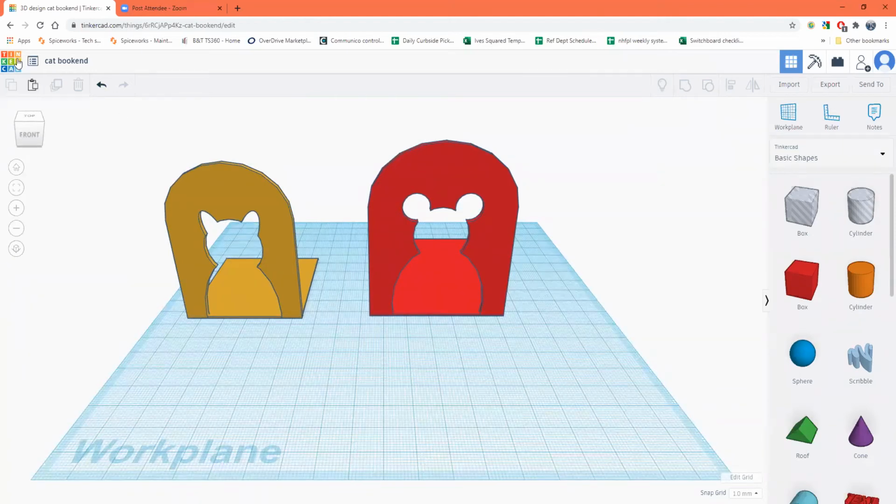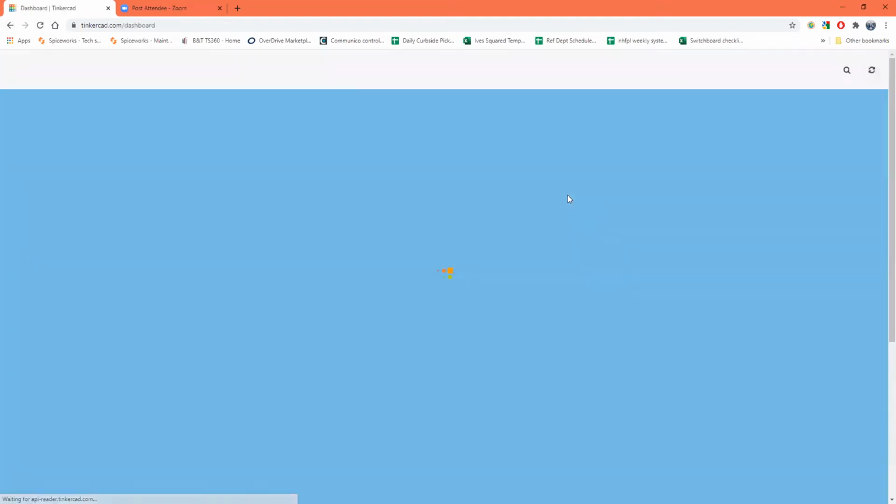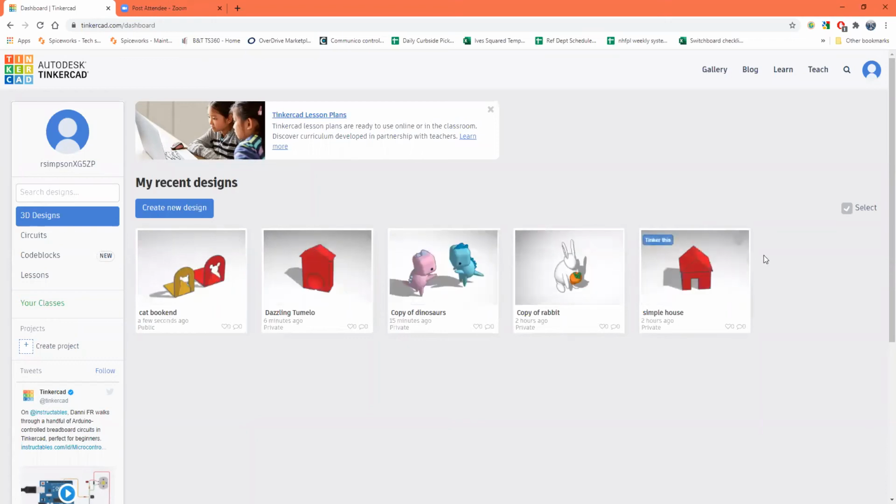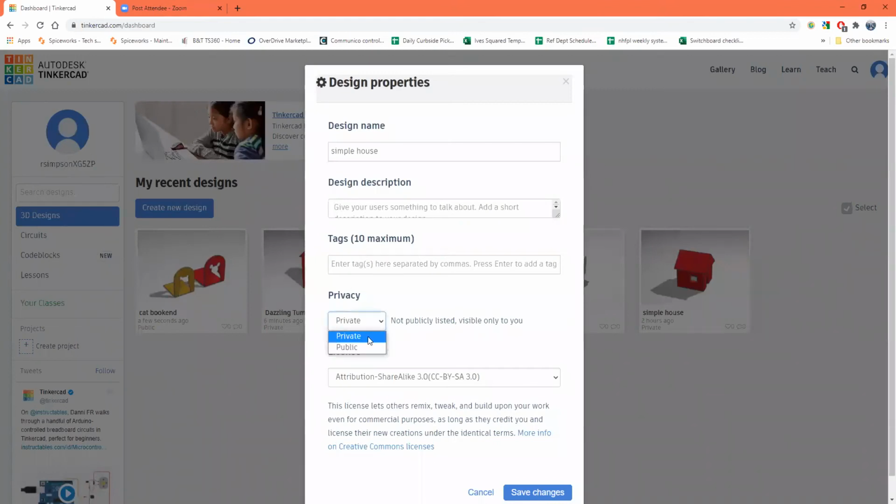All right, so now I'm going to show you how to share a project. Like I showed you before, we've got that gallery of different projects. And right now, you see this says private. So this is something that only I can see. But if I want to make it public, I can click on this gear here, go to properties, change that to public. So then anyone could see this in the gallery,